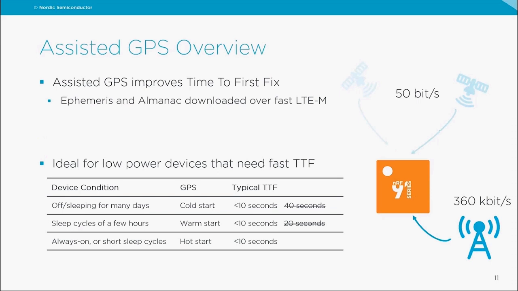And that brings the numbers down from cold start, warm start, and hot start being three very different things from a timing perspective, to those all happening pretty much at the same speed. So it's less than 10 seconds to get a fix on all of those,